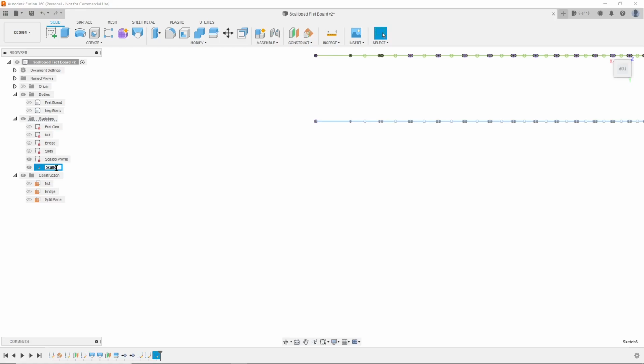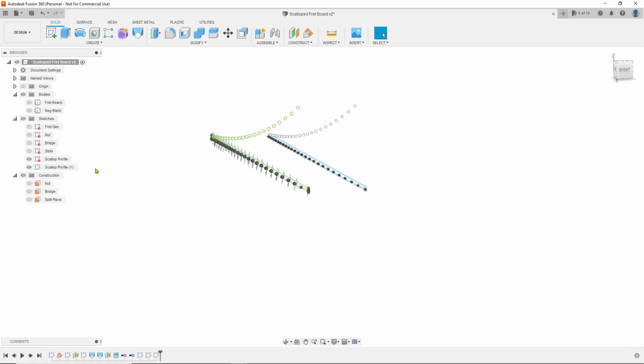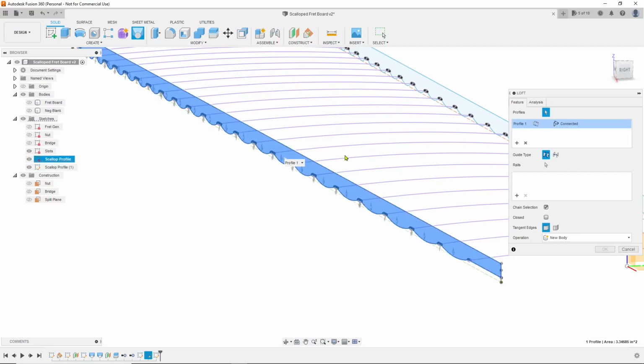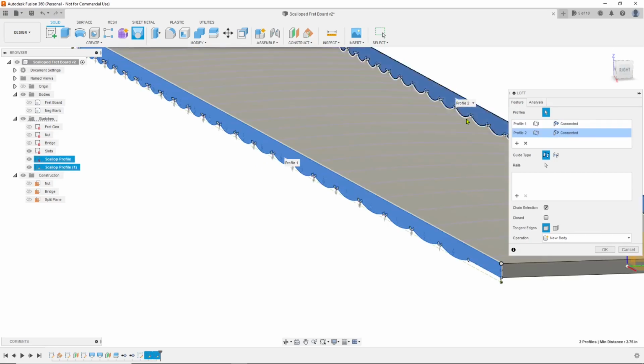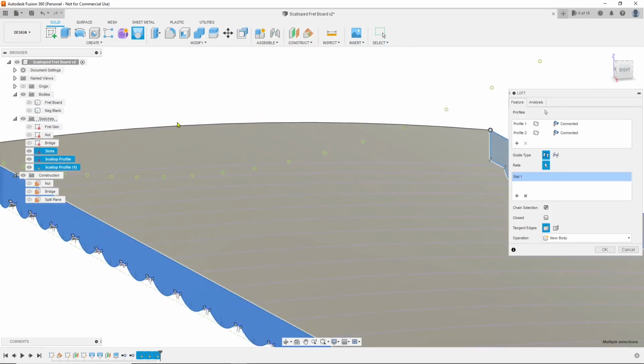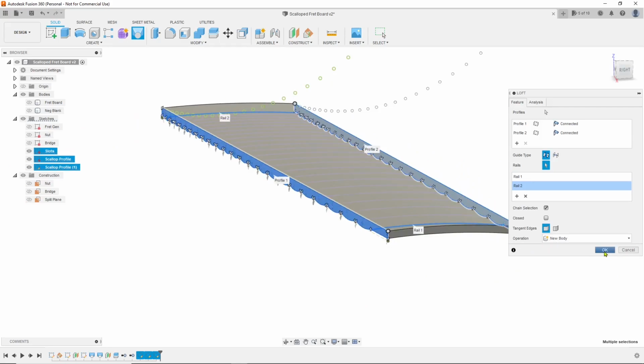Scallop profile, and now we're going to do a loft. So if we turn back on our slots and do a loft from this profile to this profile, and then we just need to add rails, will be this rail and the last one back here, and this rail, new body. Okay,